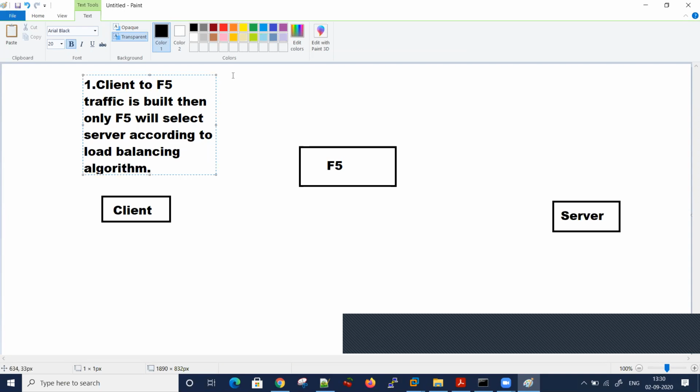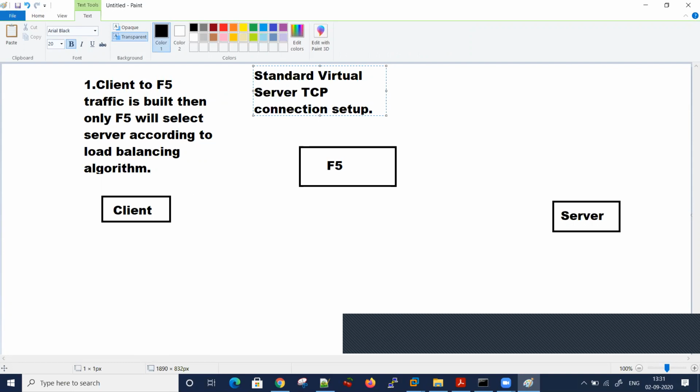So in that case, there are different types of virtual server. Let's talk about standard virtual server TCP connection setup, the initial one.